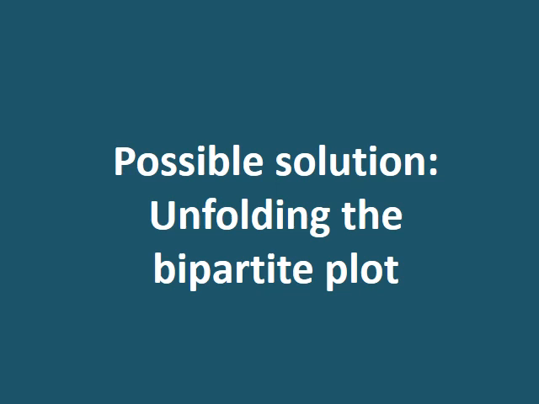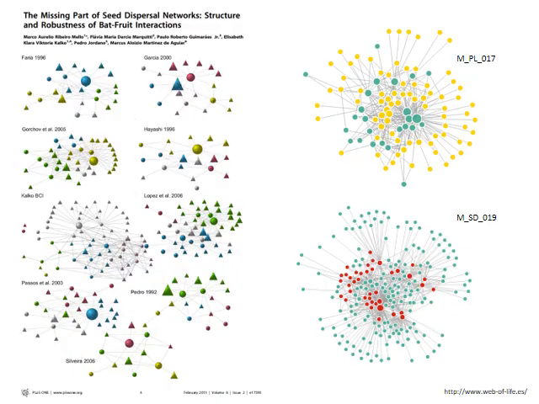A possible solution is using a conventional network graph. On the left, an example of mutualism as conventional networks. Notice the different shapes and how they are rather messy when the number of nodes grows above 20. On the right, two plots of the Web of Life site. It is almost impossible to grasp any detail. This visualization is not suitable for mutualism.